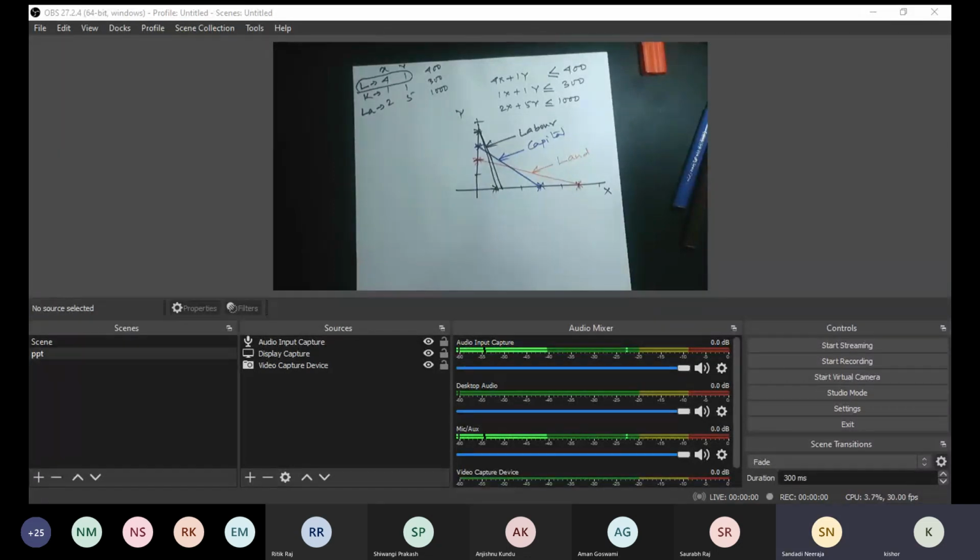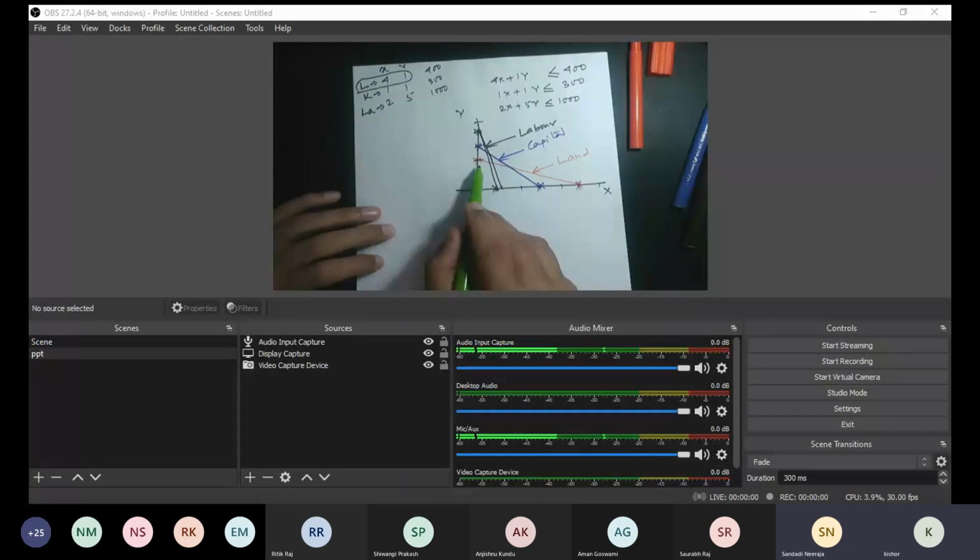So it involves 3 steps. One is finding out the region of feasible solution, where a feasible solution may be there. The feasible solution will be that particular area where all the constraints are fulfilled. That means non-negativity as well as the 3 technical constraints. Along with that, we need to fulfill the non-negativity constraints also.